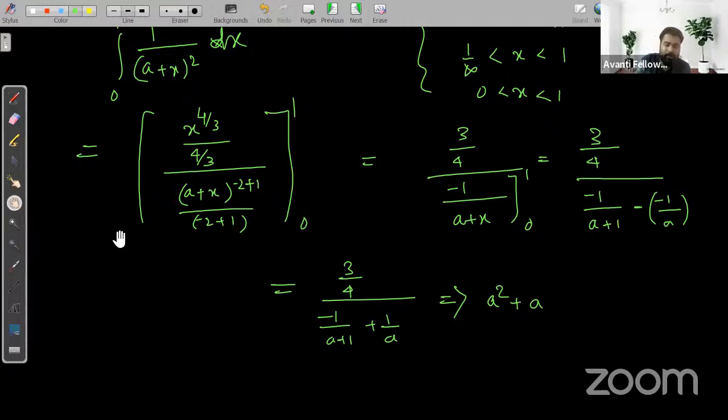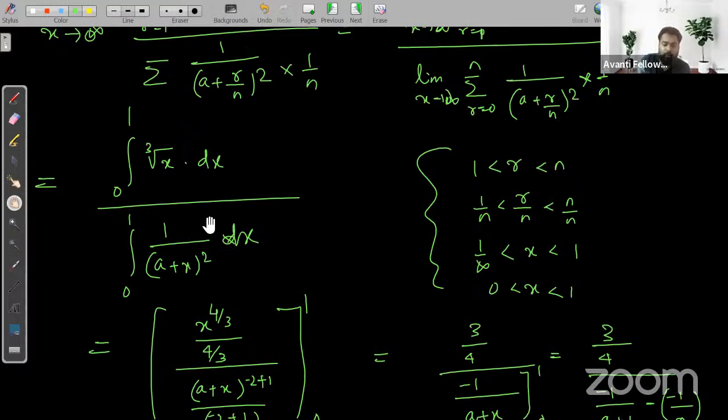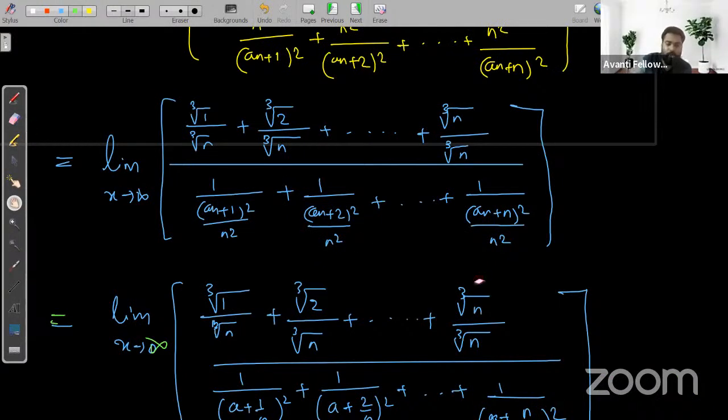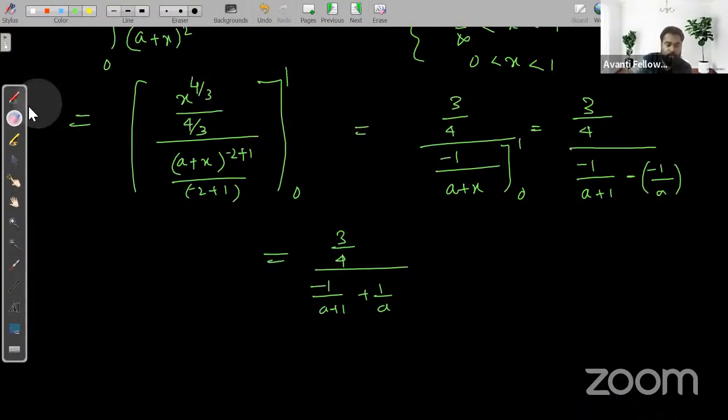This integral is given as 54. So this is given as 54. We can cancel from here also. This will be 18, and a into a plus 1 goes to this side, and after simplification